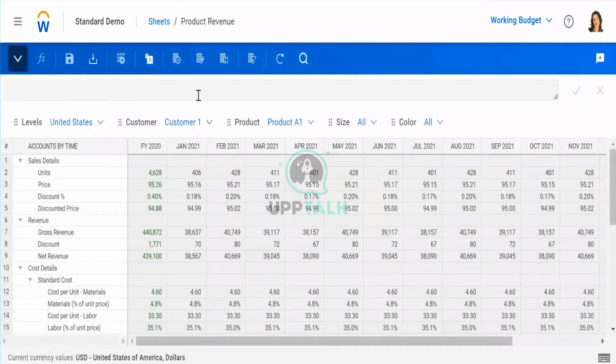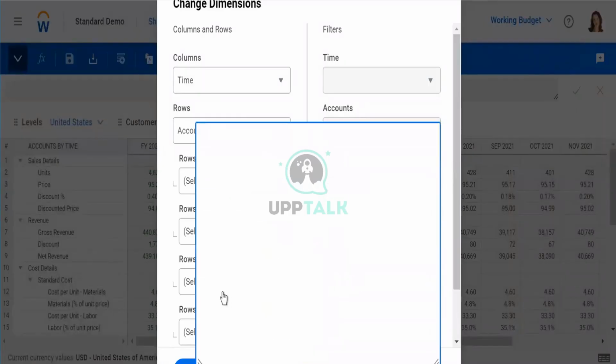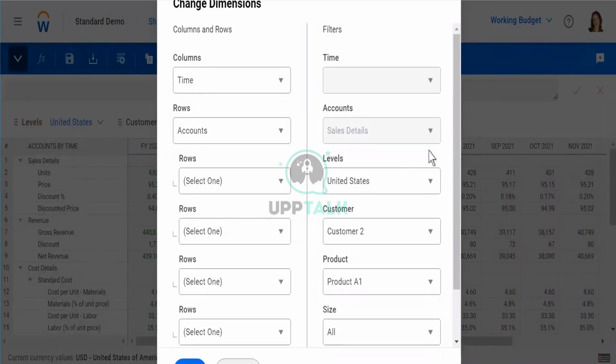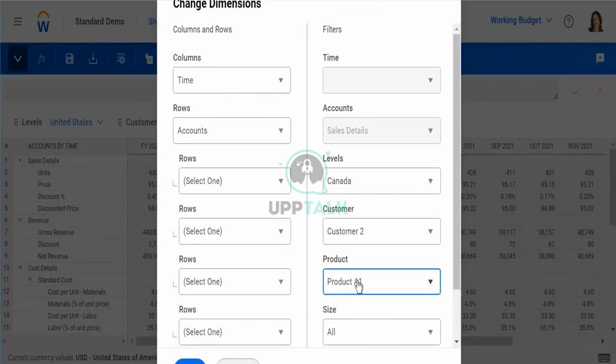Suppose you want to make a selection in one go. How do you do that? You just click on change dimensions. You can select customer. I want customer A2, customer 2. I want another country. I want Canada. I want product A2.